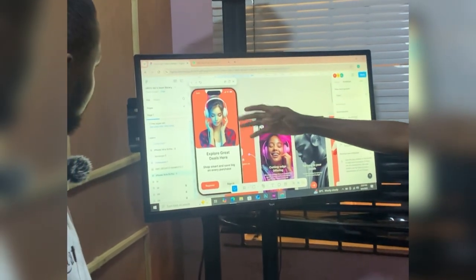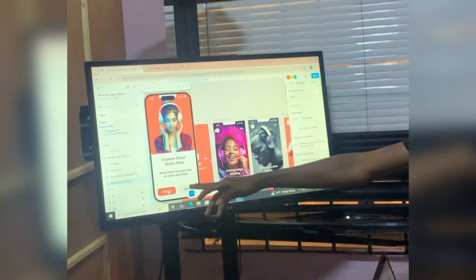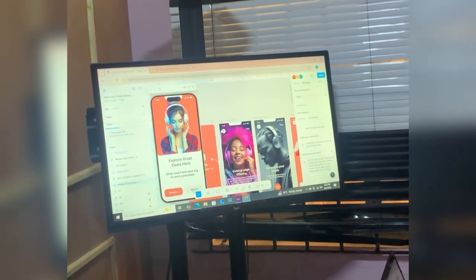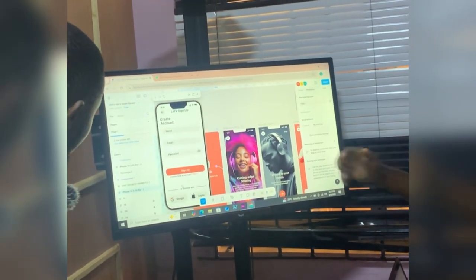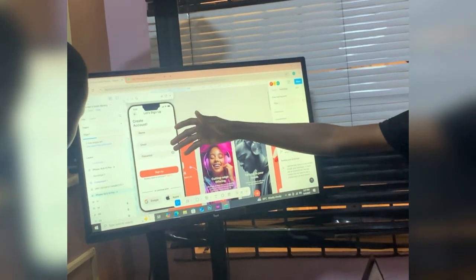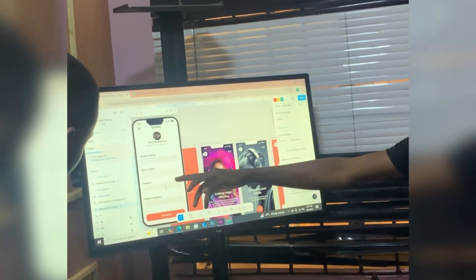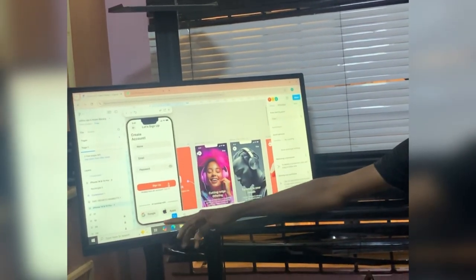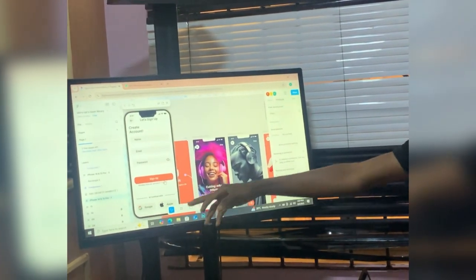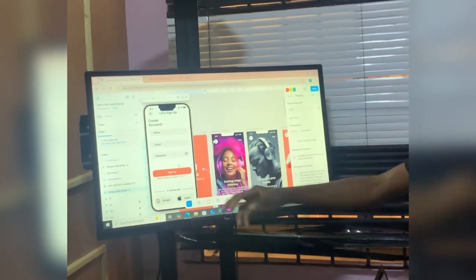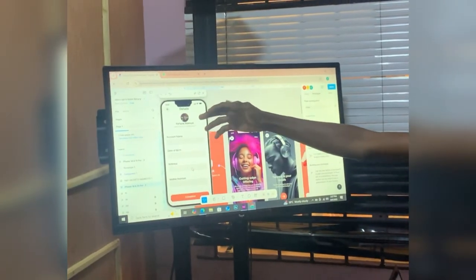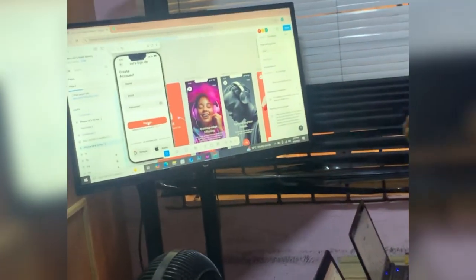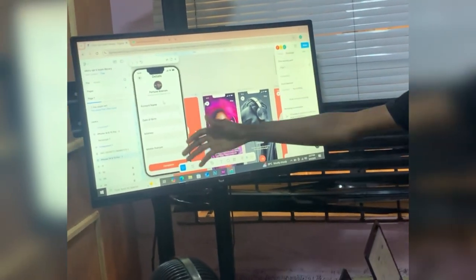So this is the register page and the sign in page. Let's say you want to create a new account, click on the register page. To create an account, you write your name, your email, your password to sign up. And if you have an account, you can sign in. If you want to use Google to sign up, click on sign up. Then you click on your details, your email and your password, then you click on the sign up. So then you can now write your details.